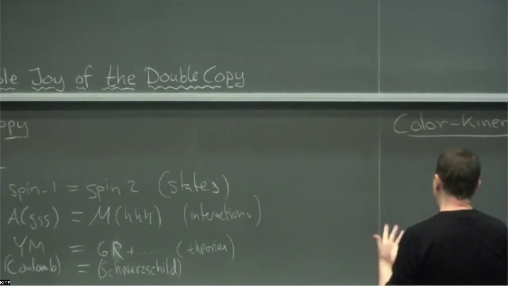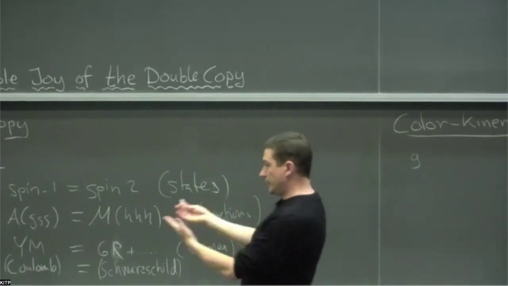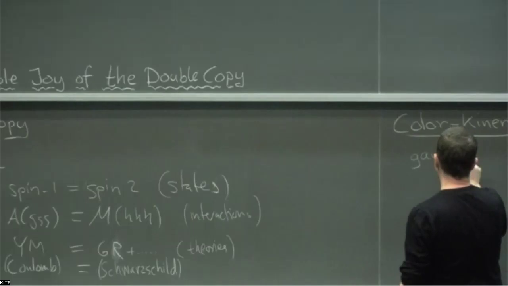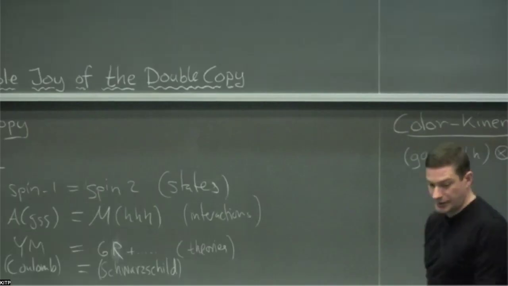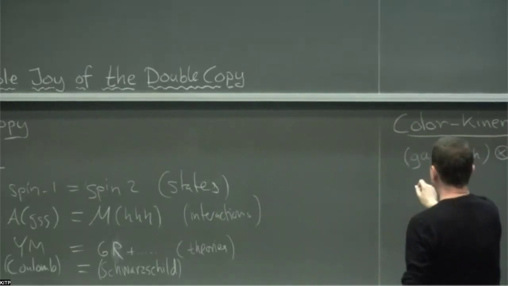So the idea here is that we're going to generalize. We're no longer necessarily going to look at Yang-Mills. We're just going to pick some gauge theory, and we're going to say there's going to be some operation like this, where we get some gravity theory. But this operation only works if the gauge theory satisfies some special properties. So the property that they have to satisfy